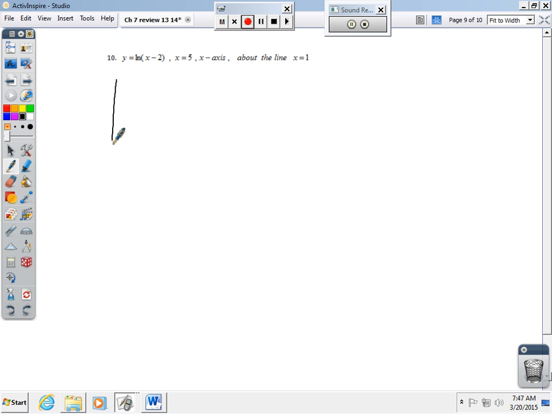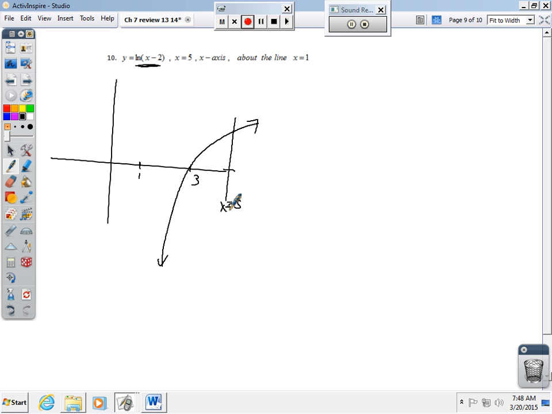Okay, so the graph. This is the first time we've graphed a ln in a while. ln of x graph passes through 1, so this is just shifted over to the right 2 units. So it normally goes through that point, so we'll shift it over to 3, and the ln graph is going to look like this. X equals 5. It's going to be out here somewhere. X equals 5. The x-axis, so again we're dealing with this area in here,